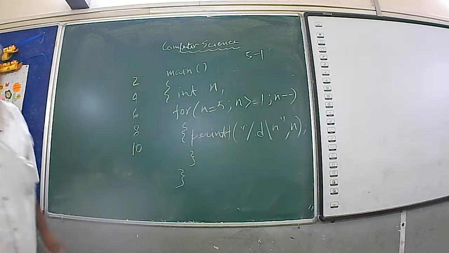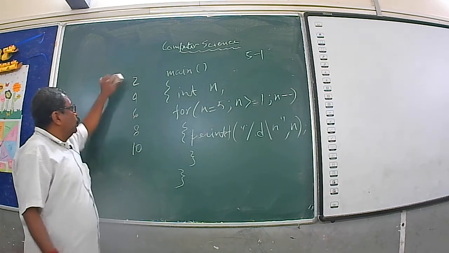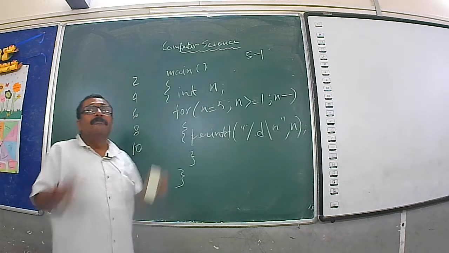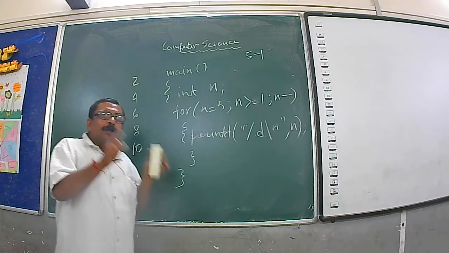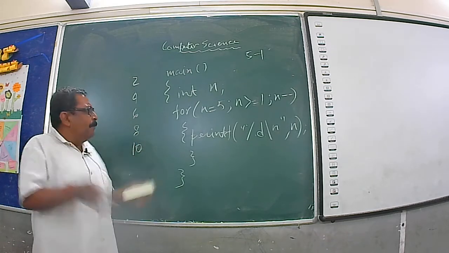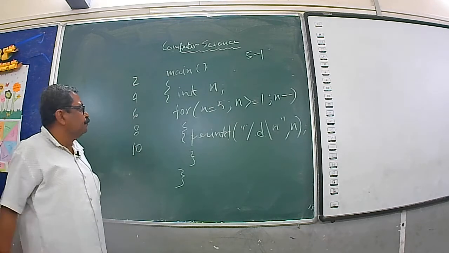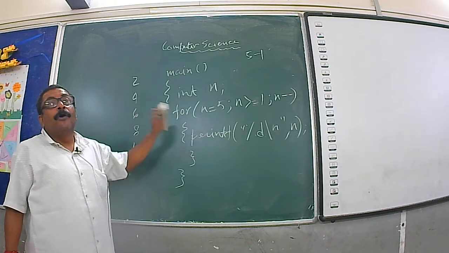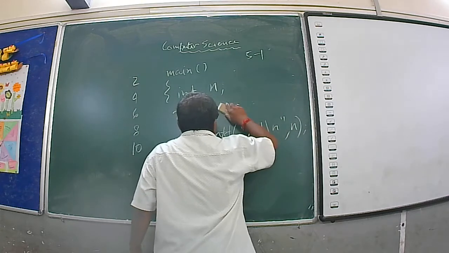Now I want to write one more program to print 2, 4, 6, 8, 10. That means what? First 5 even numbers, or print all the even numbers from 1 to 10. Different format, different approach, but the concept is the same. We want to print all the even numbers from 1 to 10. I will go for the same variable. Now the for loop has to be changed, so I can erase this part only.